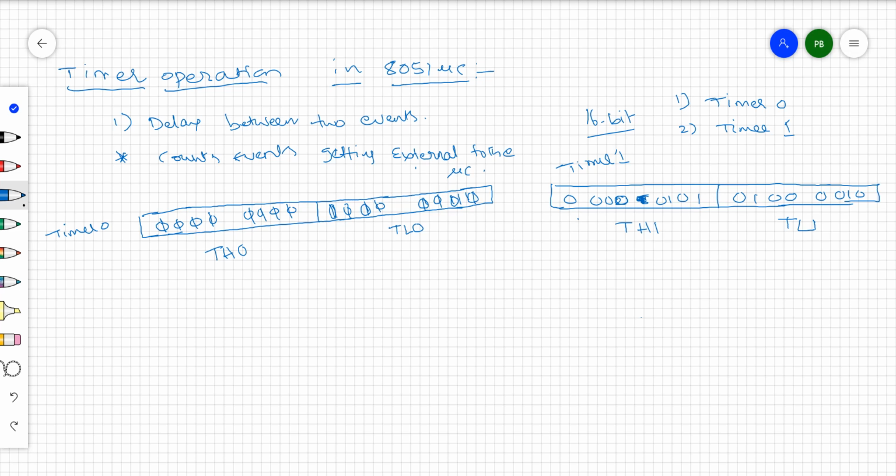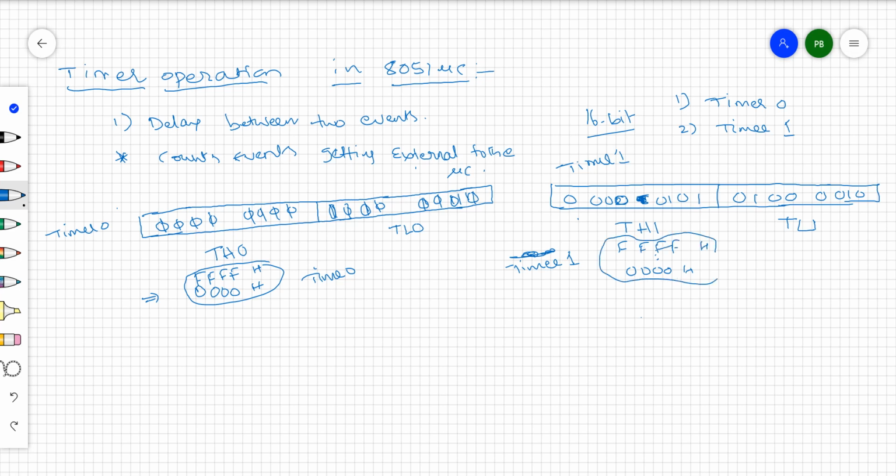So in hexadecimal, you can store here 16-bit data from 0000H to FFFFH. Any data you can store in this particular timer 0. In the similar way, in timer 1 also, 0000H to FFFFH.